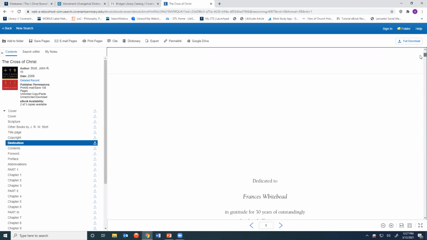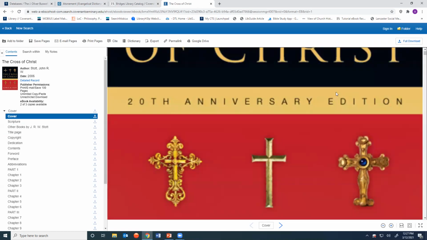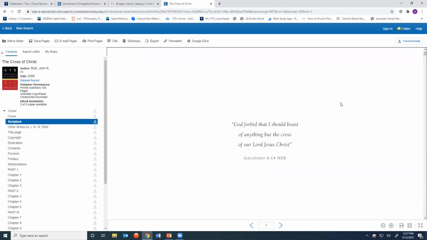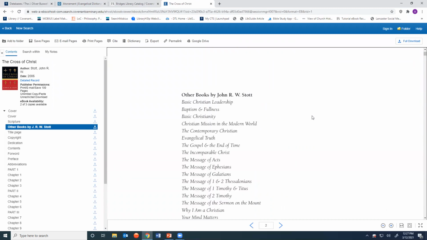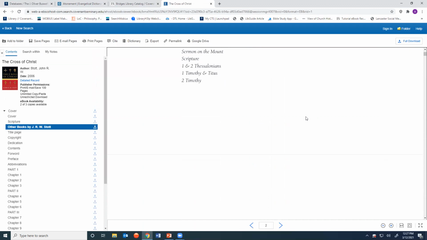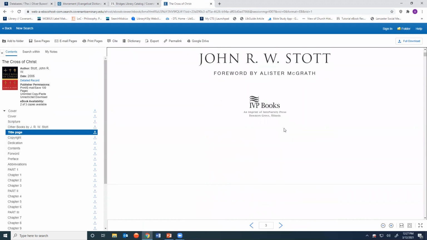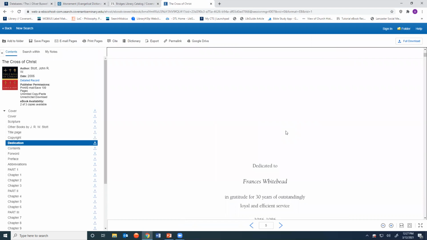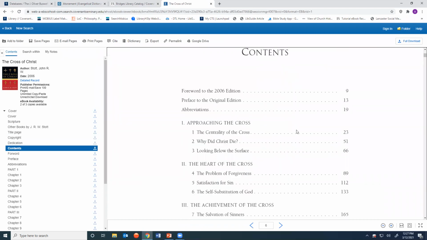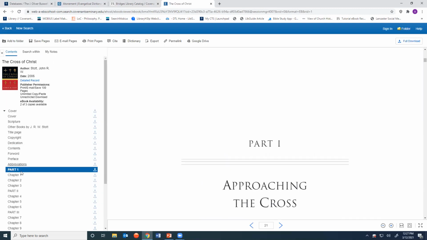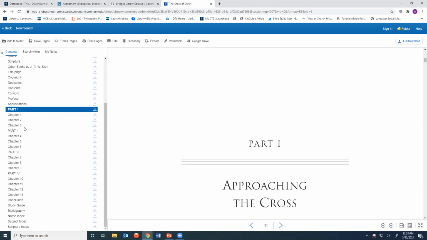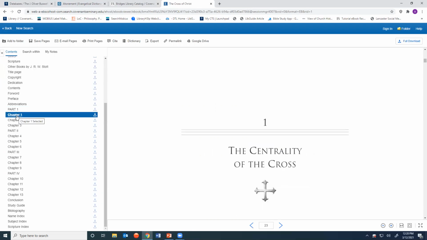So again, we've moved quickly from a general treatment of the topic in a reference work very quickly and pretty easily to a standard work on the topic that could be really useful in research on this given subject. So with these full text ebooks, of course, you've got a convenient navigation over on the left. You can skip from one chapter to the next.